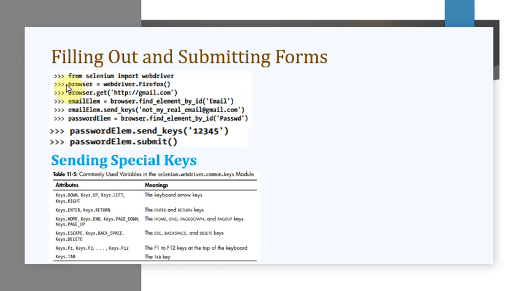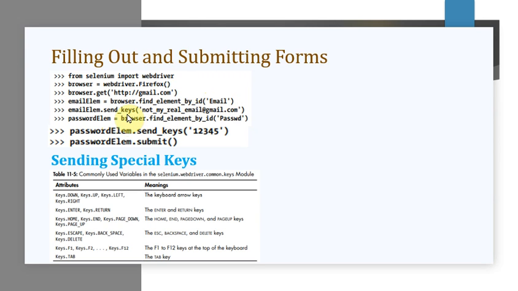First of all, from Selenium you're importing the WebDriver. Here, webdriver.Firefox means you're going to launch Firefox with a URL, http://google.com. In other words, your Firefox browser will be opened and the page that opens is gmail.com. In that gmail.com page, you are trying to find an element by ID. You are finding the email ID field. Okay, and then send_keys.